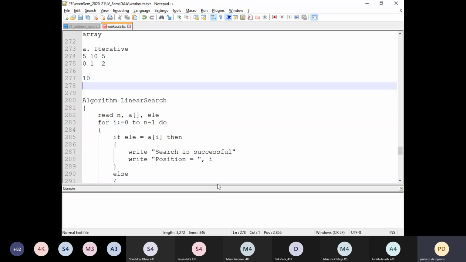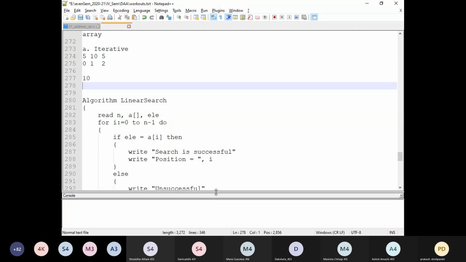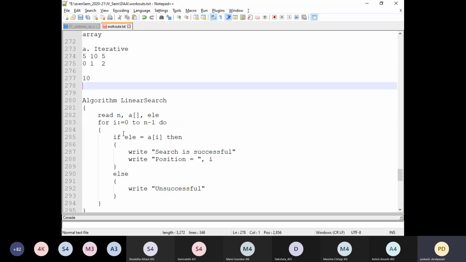What will happen, students, here? Initially, I will begin with the 0th index. At the 0th index the element is 5. Is 10 equal to 5? It is false. It is false means it will come here and display the message as unsuccessful.